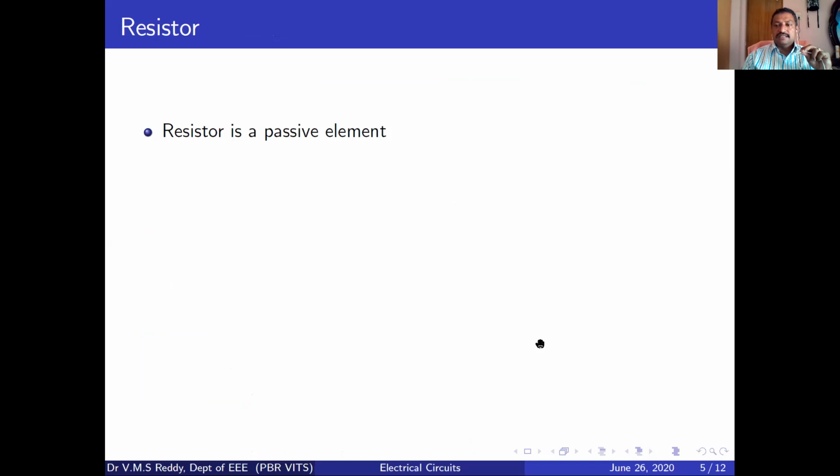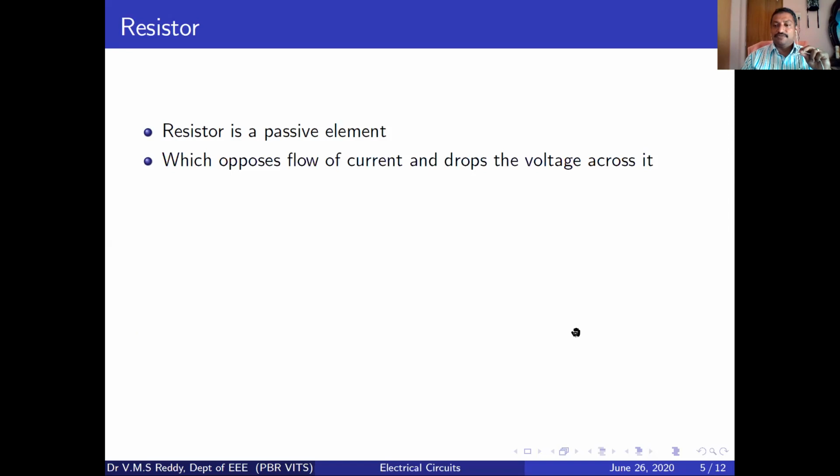Generally, resistor is a passive element. It is the nature of the resistor to oppose the flow of electric current. The resistor formula is R is equal to rho L by A. R is nothing but the resistance, rho is the specific resistance, L is the length of the conductor, A is the cross-section area. So resistance depends on two parameters, basically proportional to the length, inversely proportional to the cross-sectional area.